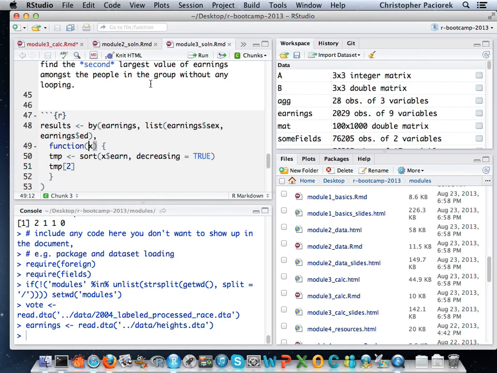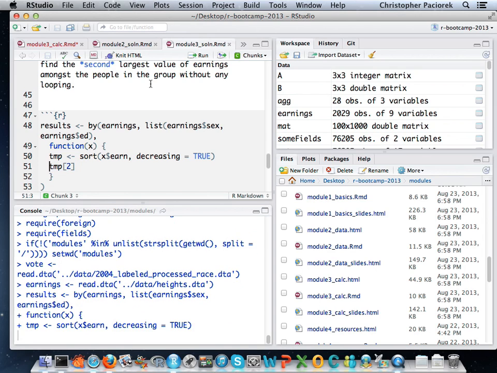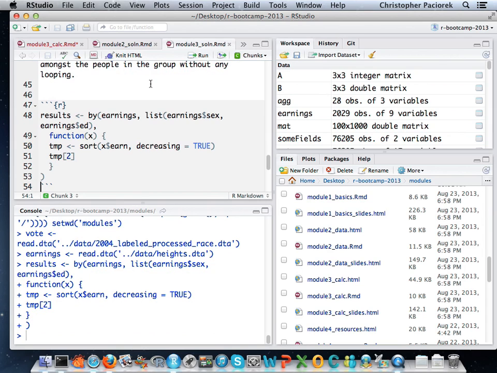I'm going to make another one of these anonymous functions, just make it on the fly, use it, and get rid of it. The way I got the second largest was to sort in decreasing order from largest to smallest, and then just take the second element of the resulting sorted vector. And that's just going to return that in whatever format the by happens to produce.